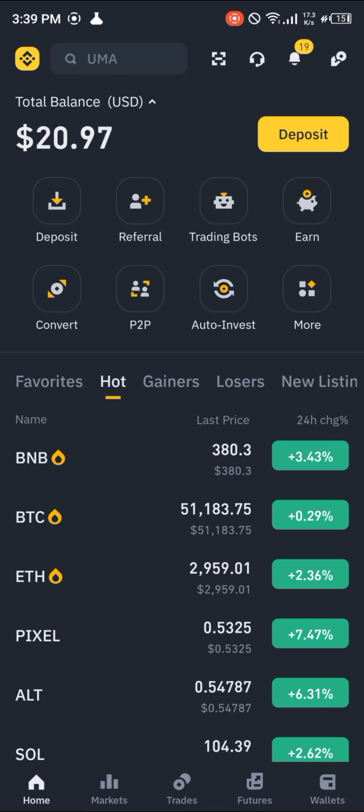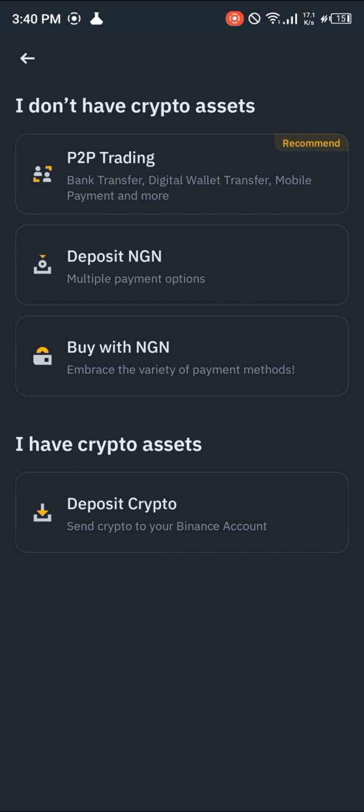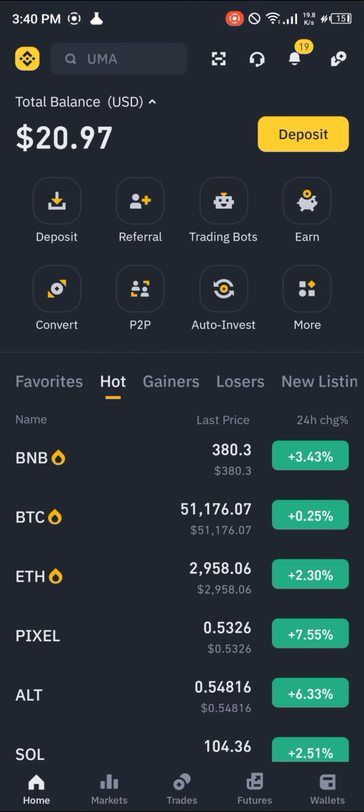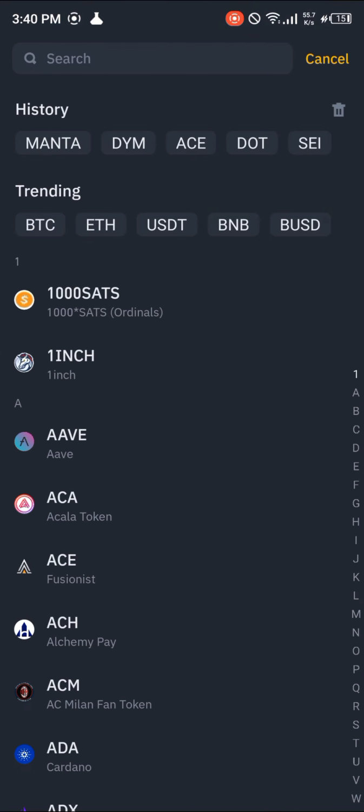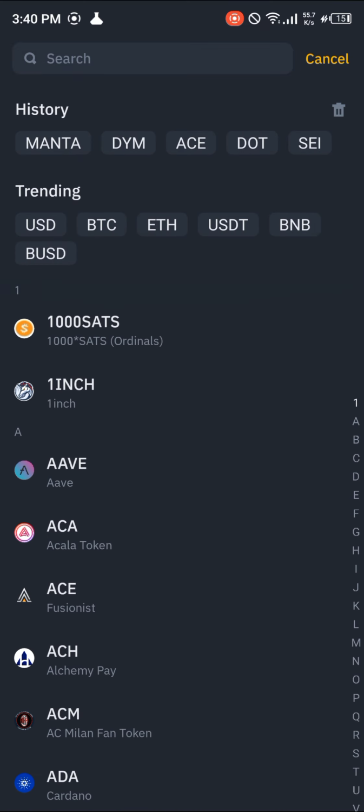So guys, with your account verified, how can you buy the Worldcoin? If you wish to deposit cryptocurrency you hold outside of Binance, click the deposit icon you see, click on deposit. Once you select the deposit, click on I have crypto assets and select the deposit crypto option. With this option, you could easily deposit any cryptocurrency of your choice, which in return could be converted into the